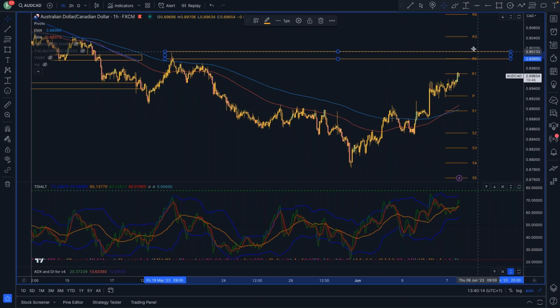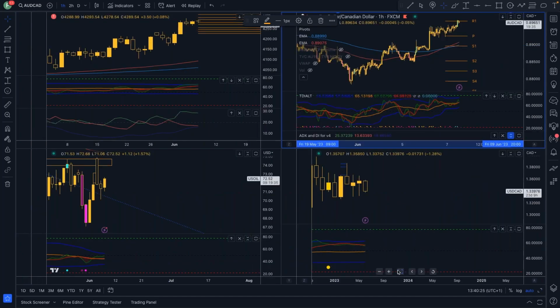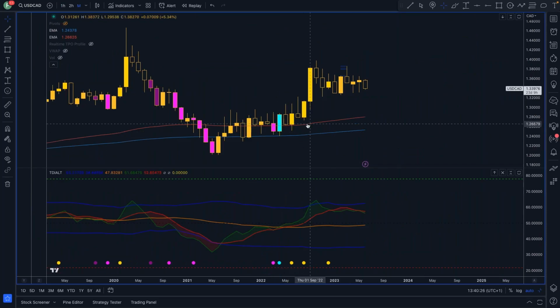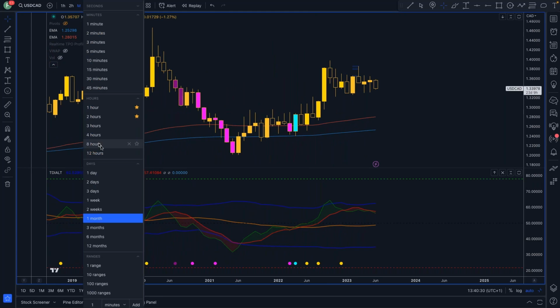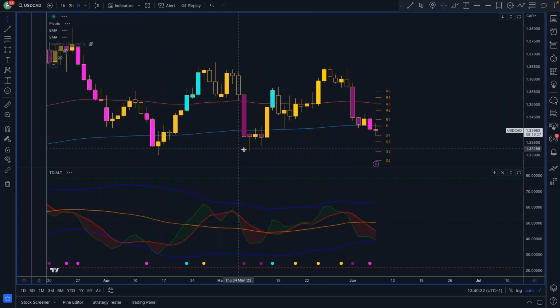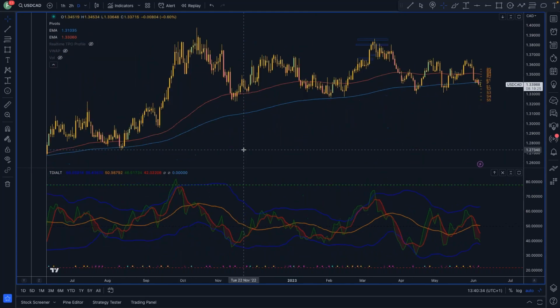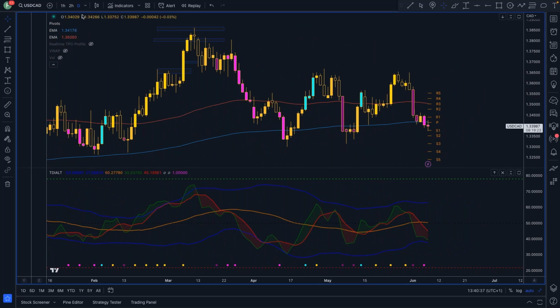That would be an obvious target in the event that the Bank of Canada do not hike interest rates. The alternative would be if the Bank of Canada do hike interest rates, I would then expect the CAD to strengthen, and with the US dollar being the weakest currency of the day, I would look to short the